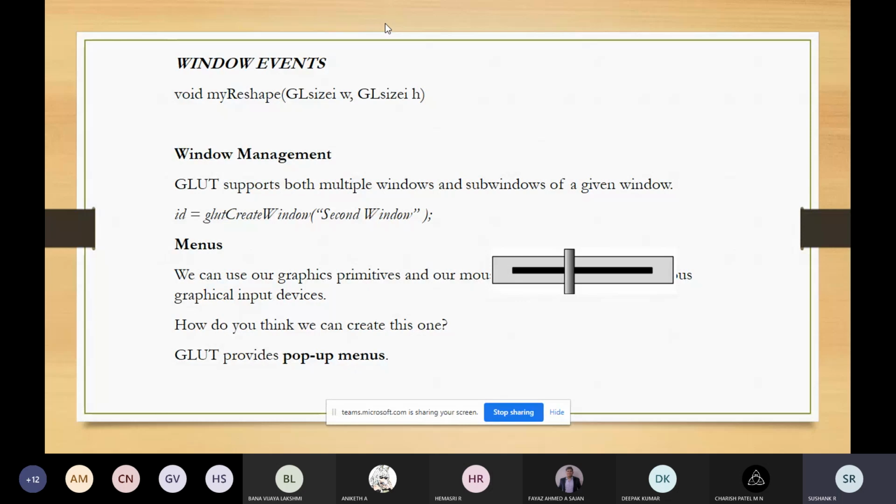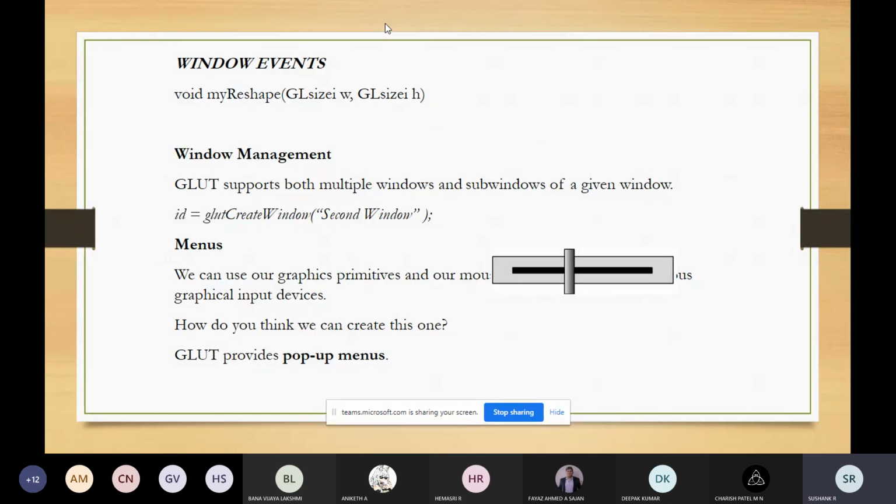This window event will occur when the window is maximized or minimized by using the mouse button, or if you're dragging the window to a new position. In those cases, this window event will occur.